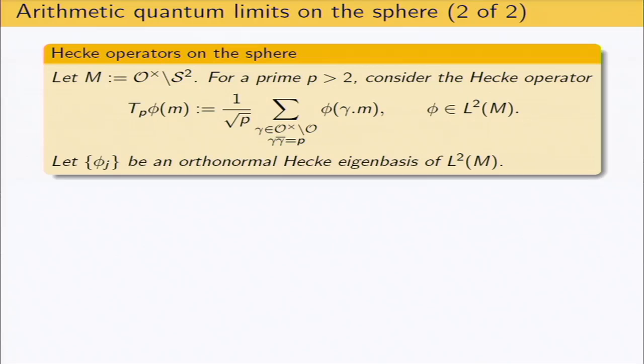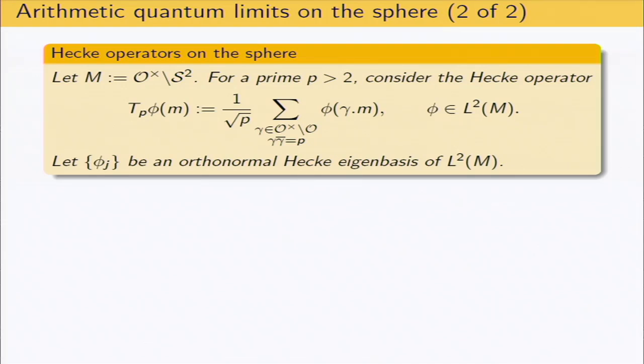Actually, in Hurwitz quaternions, there are 24 times (p plus 1) solutions of the equation gamma gamma bar equals p, which corresponds to Jacobi's theorem that in integral quaternions there are 8 times (p plus 1) solutions. That is to say, there are 8 times (p plus 1) ways to represent a prime p as a sum of 4 squares, but we mod out by the 24 units, so we get exactly p plus 1 Hecke points